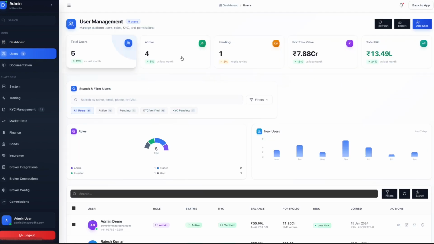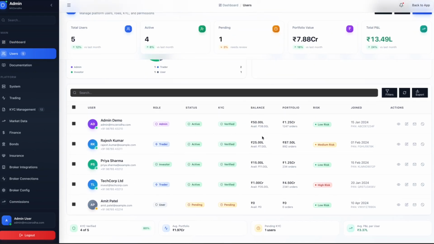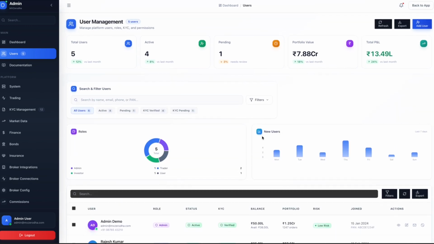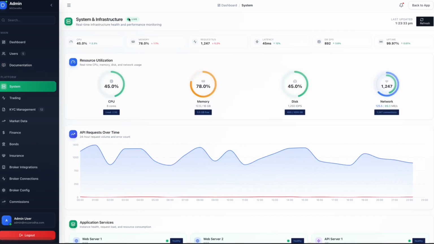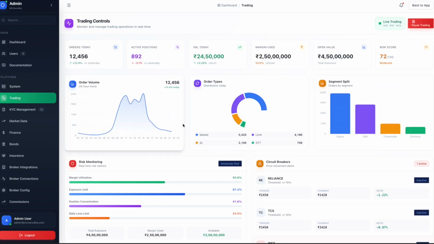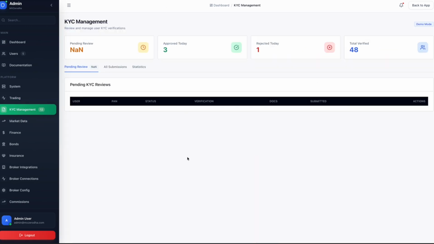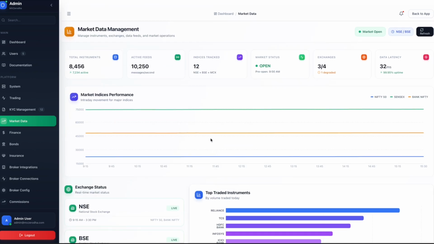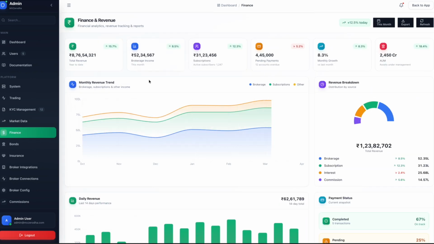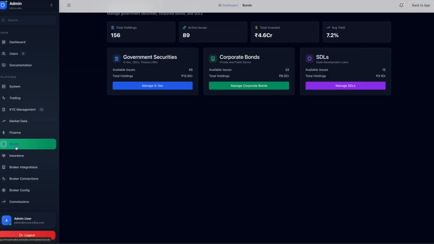You can see all your users, and you can control their aspects. You can see their risk factor using the AML KYC factor. The complete documentation of the platform can be managed from here. The system stats for the server, everything happening in the trading, the complete KYC management system, complete market data management, finance control, bonds control,